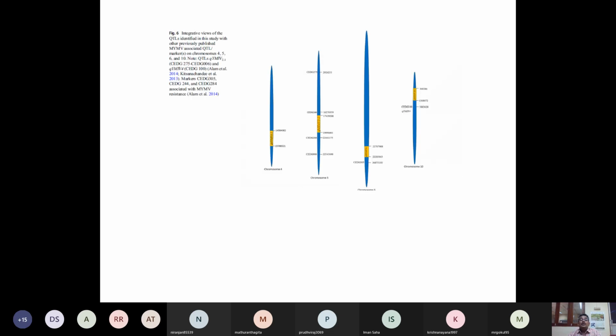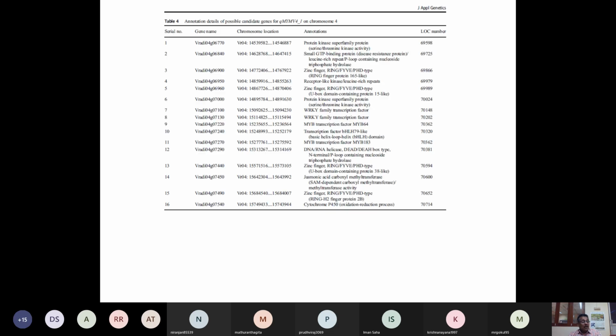Finally, this is the major QTL which has been mapped in mung bean for the traits we discussed. Mapping alone will not solve things. When you map it and find a very small region on the chromosome, 1 MB or 2 MB, you can then annotate the region, since it is the candidate region for MYMV resistance. You check whether there are any resistance gene analogs or resistance-related genes reported in this region, which can be done by annotation.